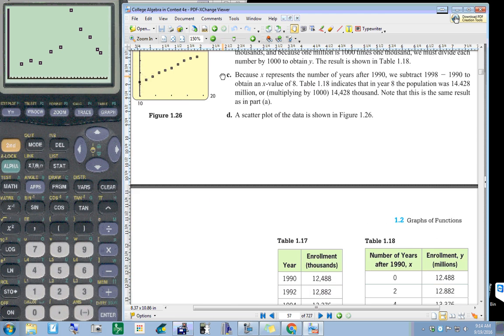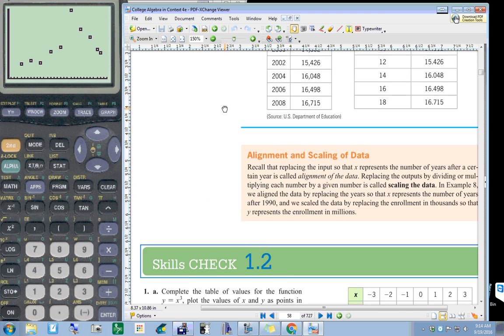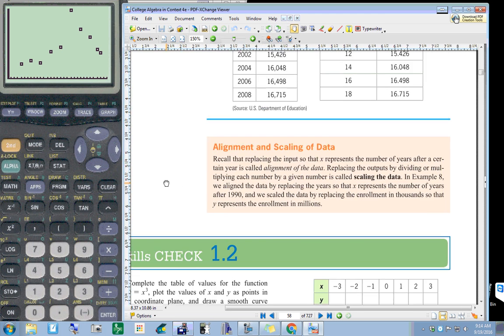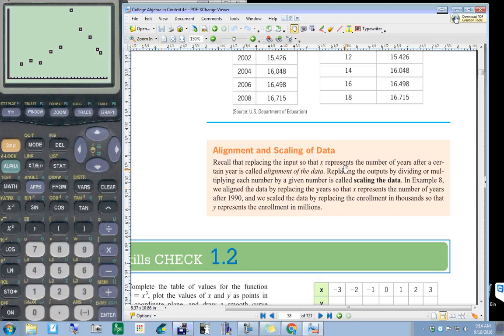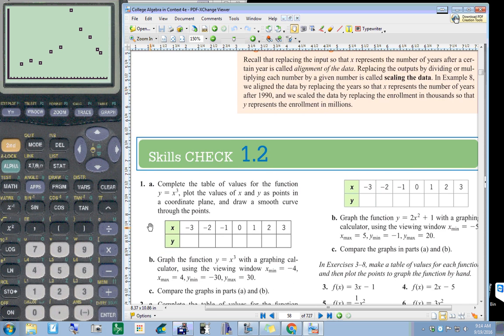So, make sure that you always pay attention to the alignment and scaling. I mean, there are times that you don't necessarily want to count by ones. Counting by tens would be more advantageous. Keep these things in mind. And that be all that I've got for